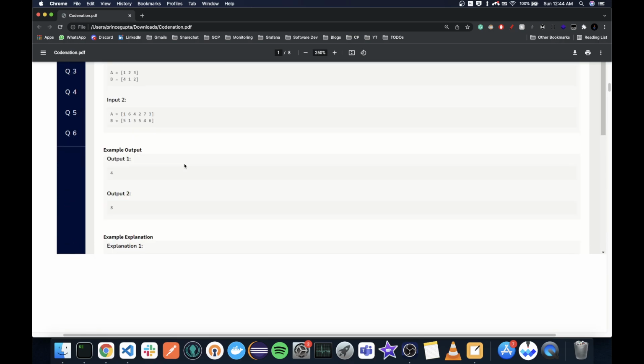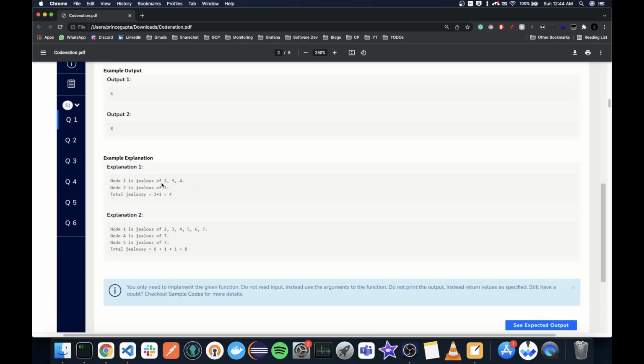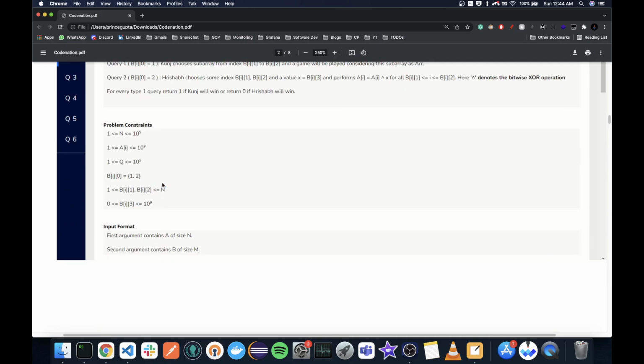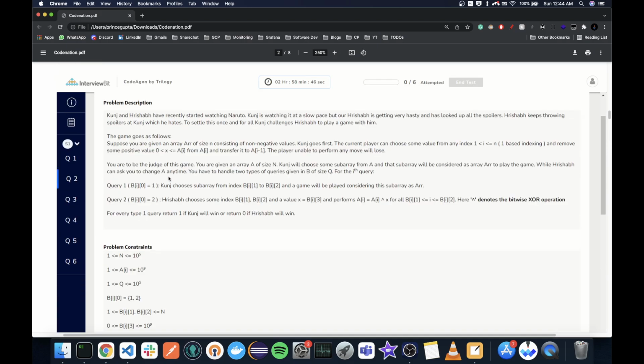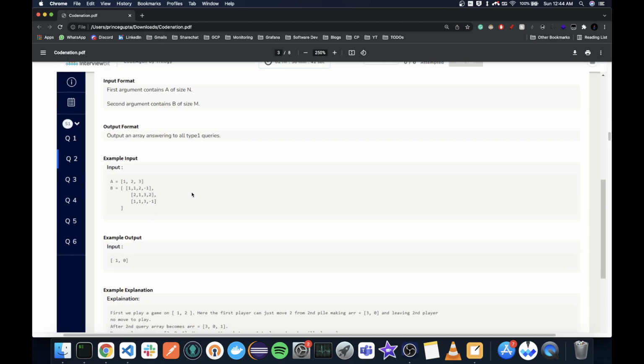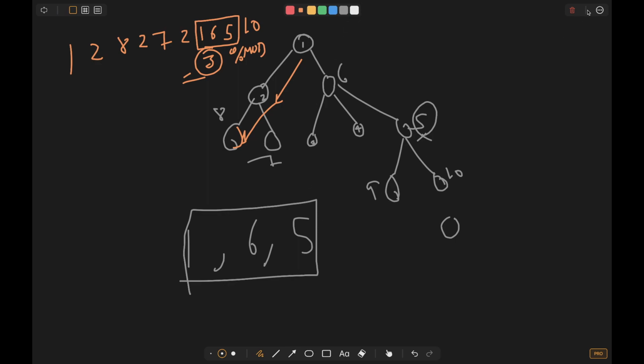All right, now the third problem, or the fourth problem here, that I did not solve, but I know the solution, so I'm going to discuss it right here. So where is this problem? Yeah, so this is another tree problem. Okay, let's just use white. So again we have a tree,